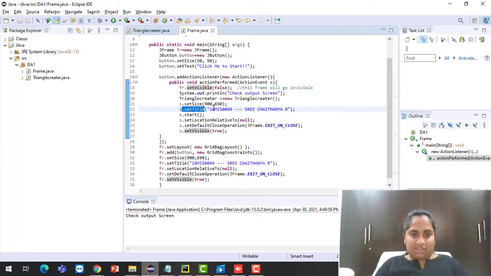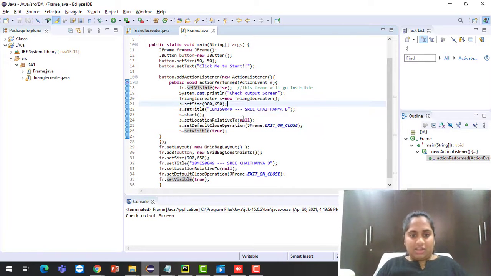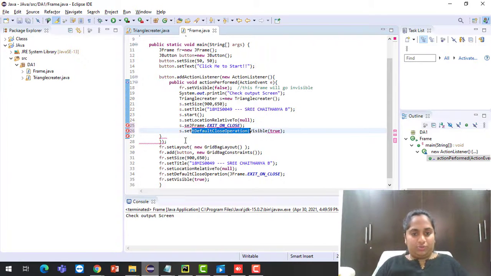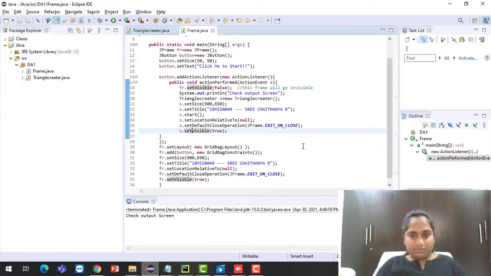I have also set title with the given string in the inverted commas, and I have called the function start for this S, the object of triangle creator, and along with it I have given the location relative to null and also set default close operation, and then I have set visible to true for S. S is nothing but the object